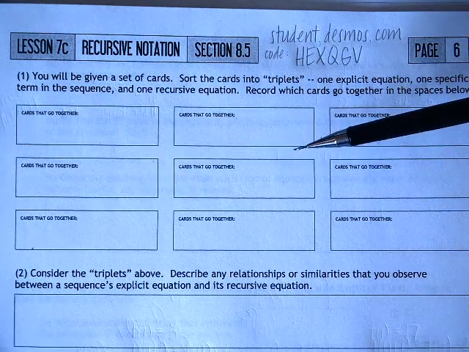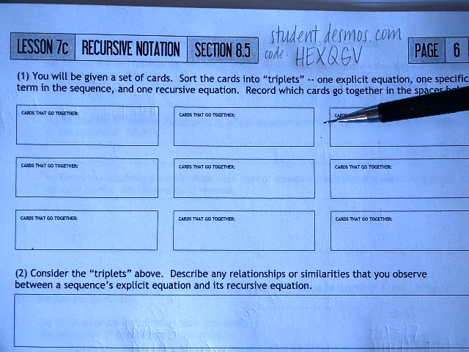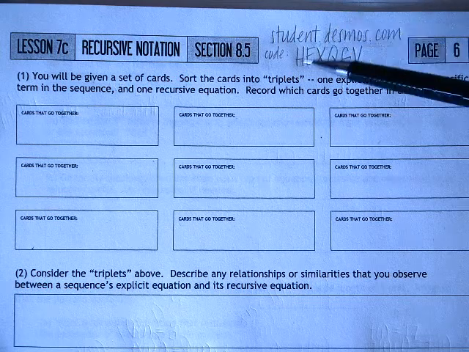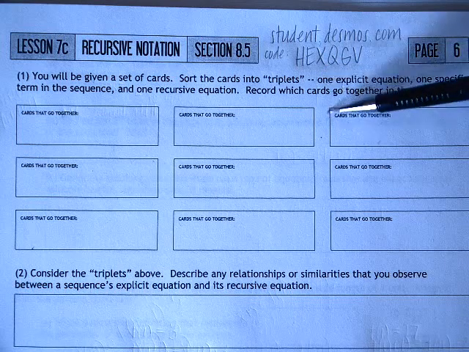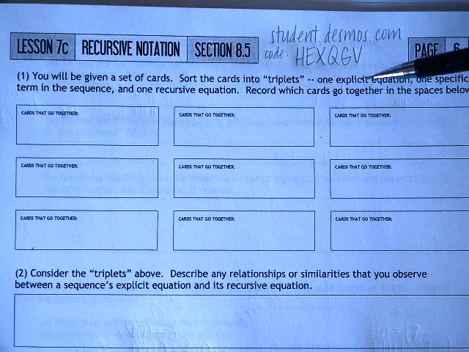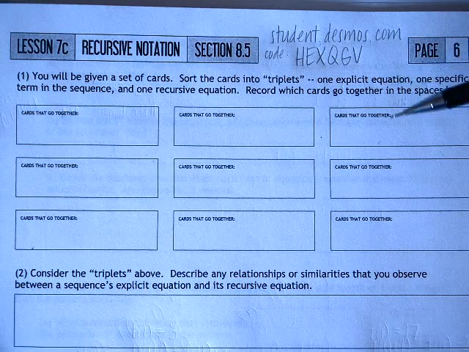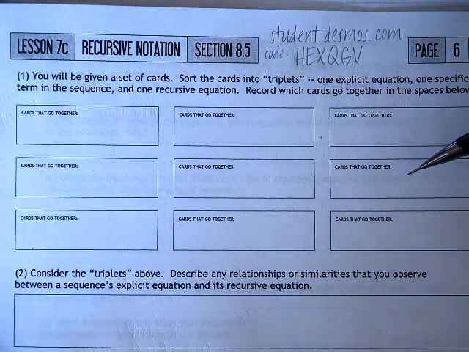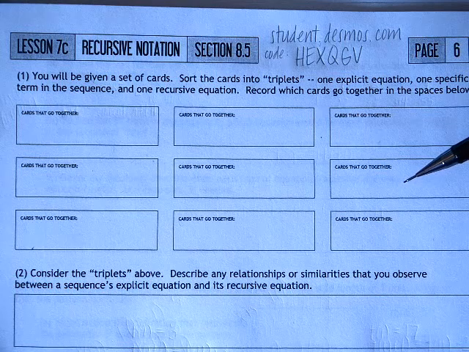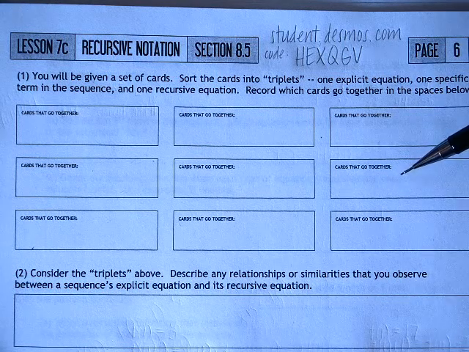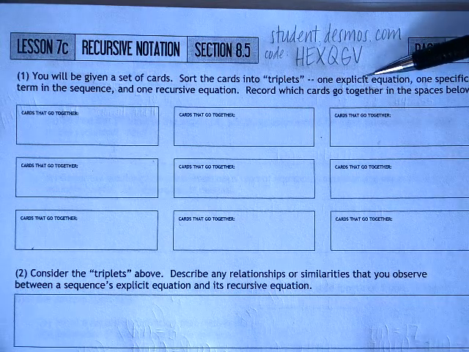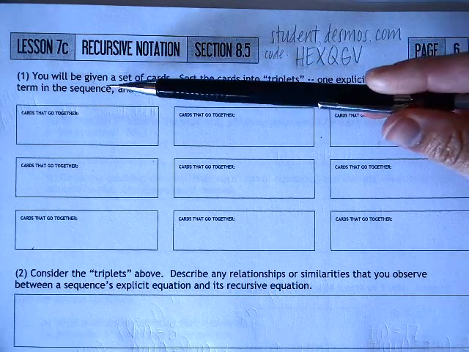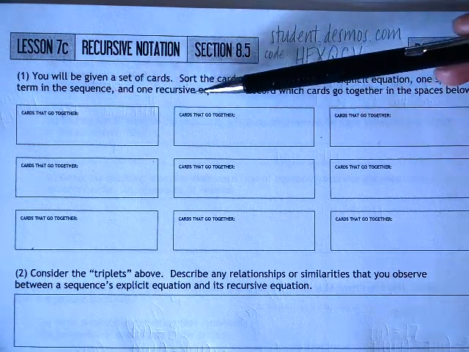The card sort can be found on Desmos, and you can access it two different ways. One way is to go to the URL that you see on the screen here, student.desmos.com, and when prompted, it'll ask you for a code. You'll type in HEXQGV, and that'll take you to a card sort kind of similar to the one that you did at the very beginning of this packet that involves digitally sorting a series of cards into little triplets. You're going to be matching equations in the traditional explicit notation, specific terms in a sequence, and a new recursive